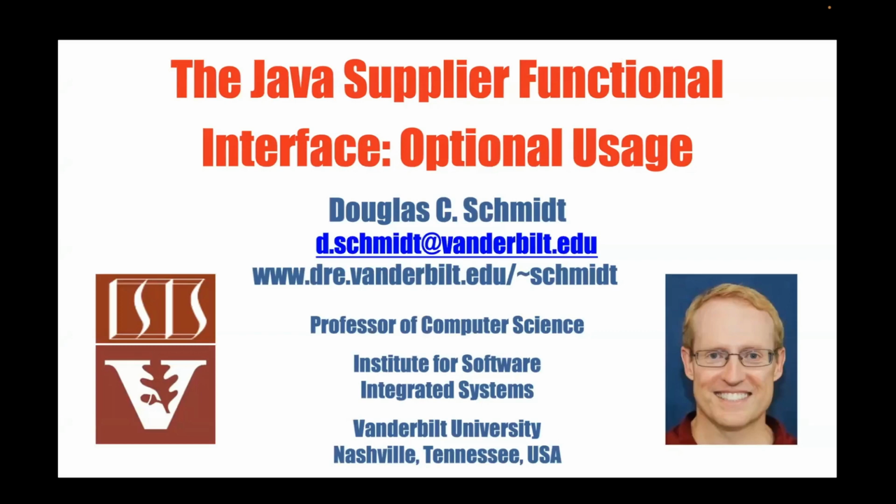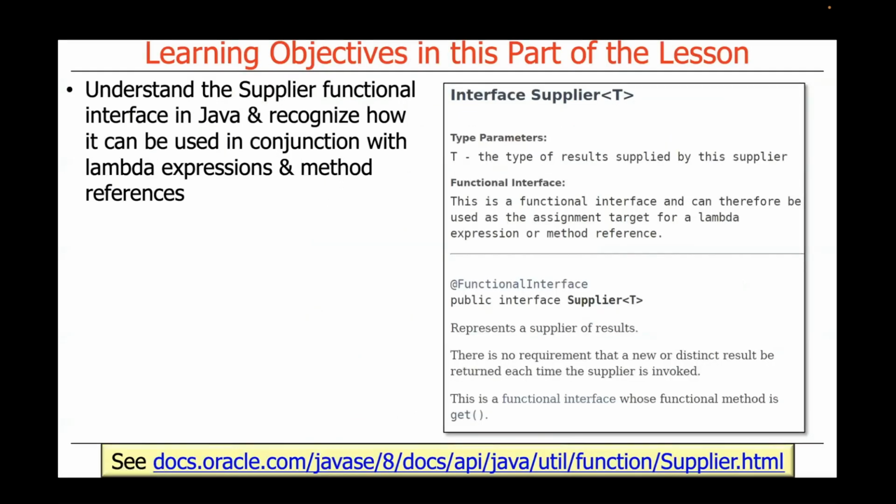We're now going to turn our attention to the Java Supplier functional interface and show how to combine it in the context of the Java Optional class. And this is a very interesting type of functional interface. It gets used a lot to create things. That's why it's a supplier. It's often used as a source of some values, and it gets used quite a bit in factory methods, as